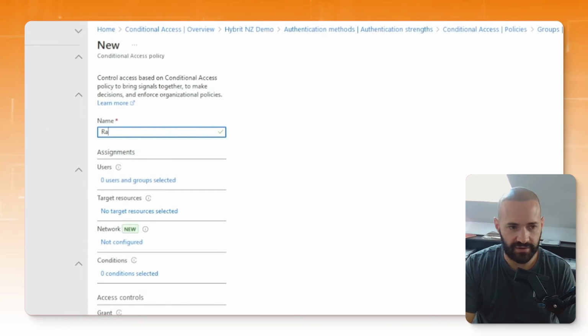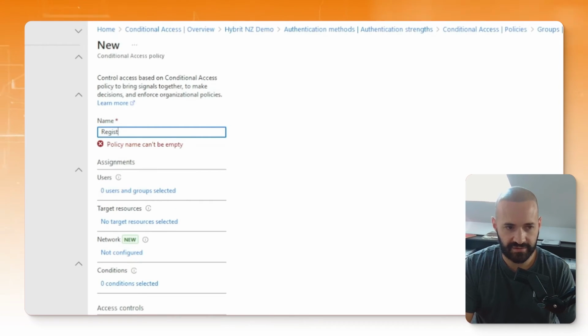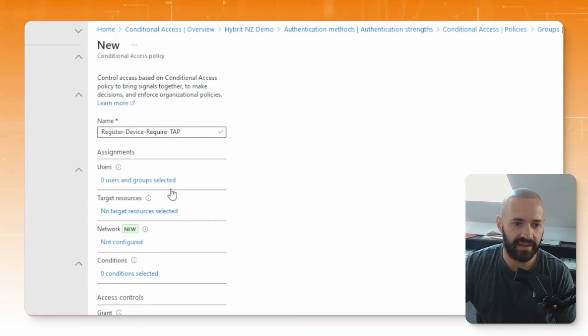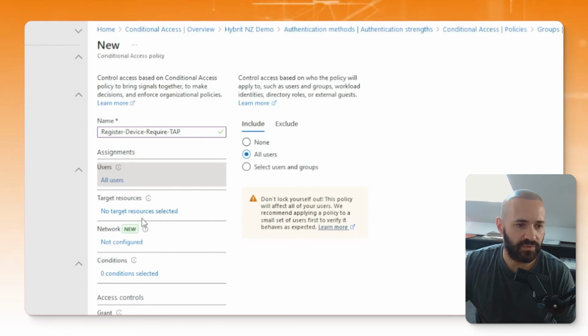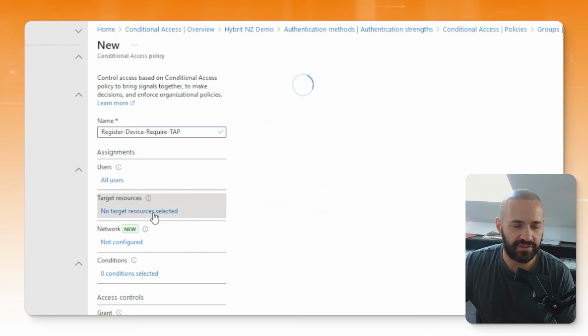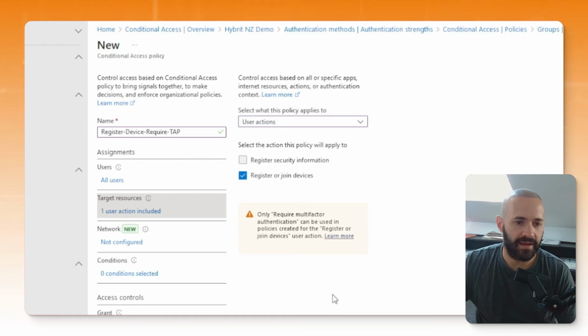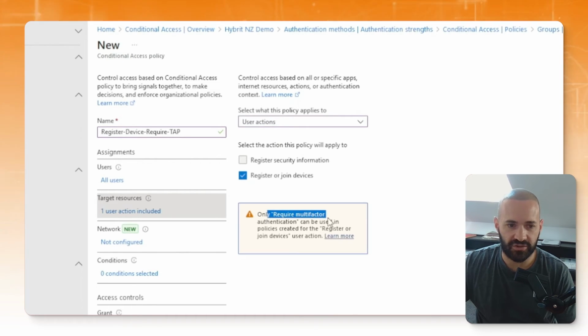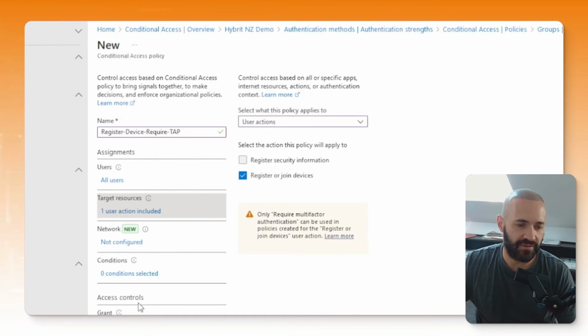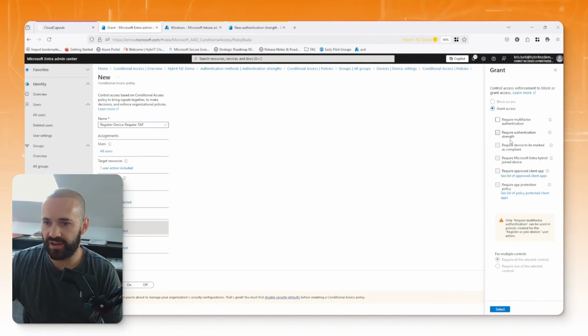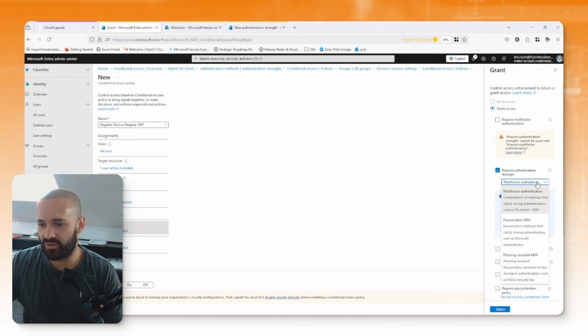In our case, let's have a look at this. So we're going to require TAP. Sorry, let's say registered devices, registered device, require TAP. Okay, so we're going to target this at all users, and for target resources, we're going to change this to user actions, and we're going to choose register or join devices. And then you can see that the only thing we can do from here is require MFA to register devices, and that's fine with us because we're going to require a specific type of MFA. And you can see in the grant controls, I have really no other options. So we're going to have require authentication strength, and the authentication strength that we're going to require is TAP,